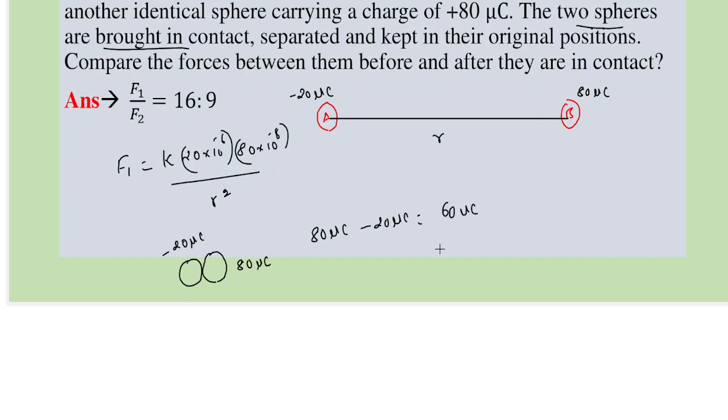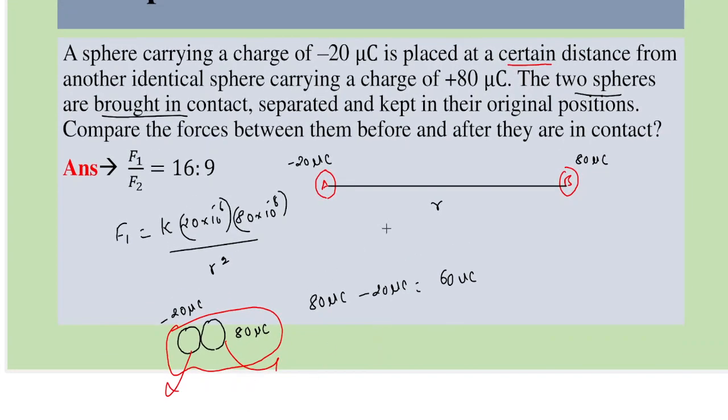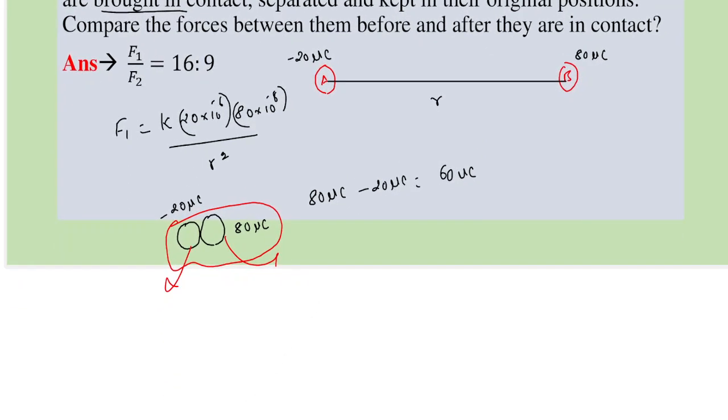So that is the charge between the two for the entire system. The total charge now becomes 60 microcoulomb. This 60 microcoulomb is for both the charged spheres together. Now when you separate them, when you move them away, this charge divides into the two spheres. But since the spheres are identical, which means they have the same material and same dimensions, this 60 microcoulomb divides equally between the two spheres.